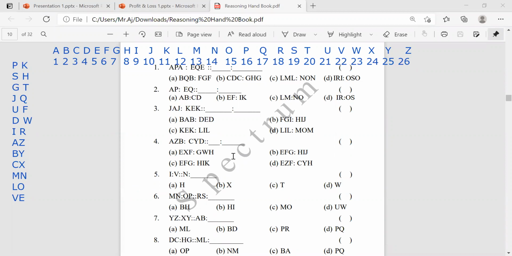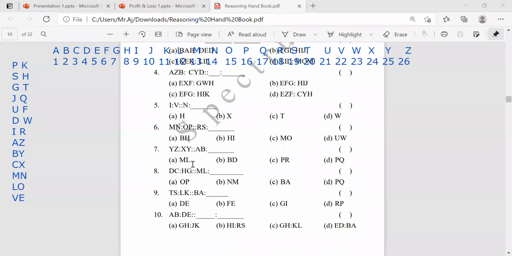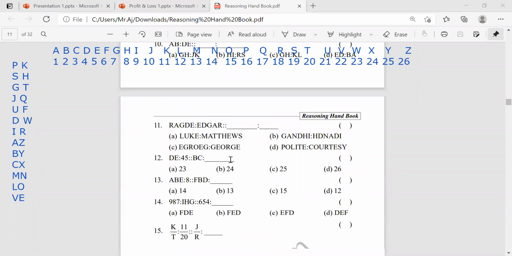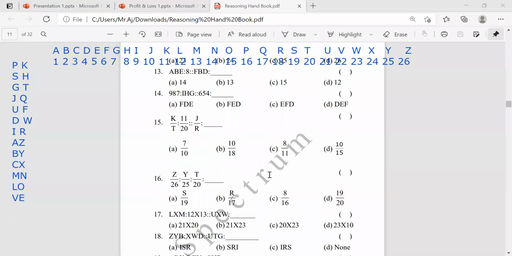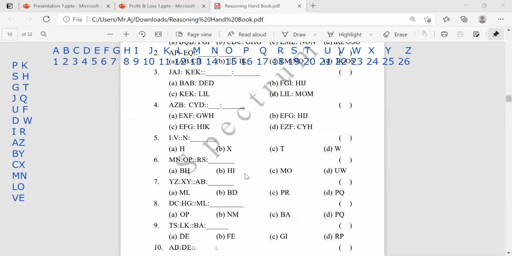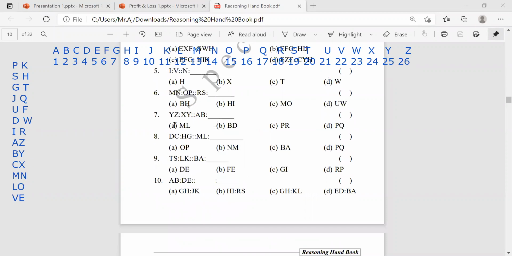So leave over the 6th one. It's not getting a clear answer here. So see, we just solve the easy ones now. Today you just solve the easy ones. I'll discuss some many difficult problems later. Okay, you don't worry, I'll solve them tomorrow. First of all, you just solve what you people will solve. So the 7th one, just go with the 7th one.